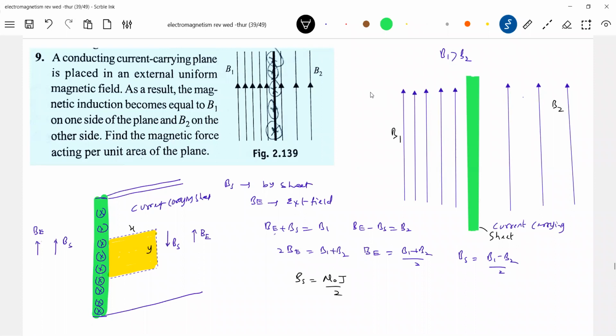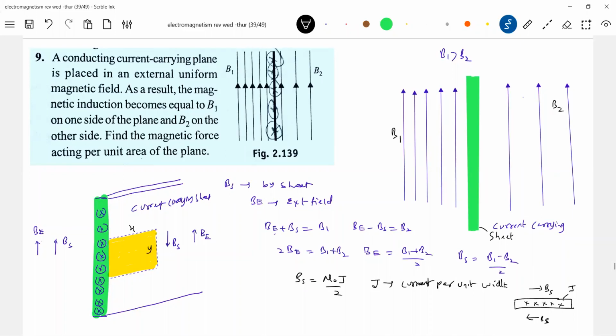Now, from where did I bring this? If a current flows in a sheet, what is J? Current per unit width. Can you remember Ampere's circuit law using that? If a current flows along the sheet, then the magnetic field is given by mu naught J by 2. Still not getting it. I think this is what the diagrams we had. So here the sheet will be like this, and the B bar will be in this direction. Then what is J? J is the current per unit width. So this is from Ampere's circuit law that I'm bringing here.